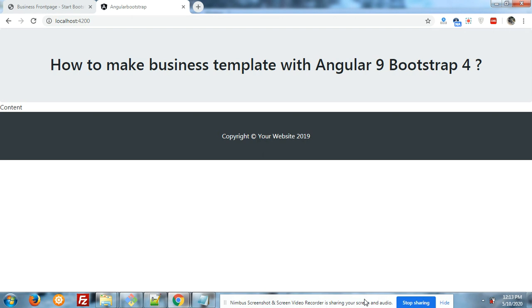And now on my screen you can see the simple page